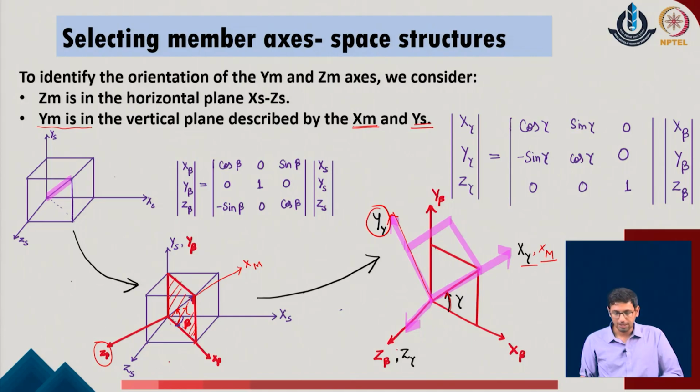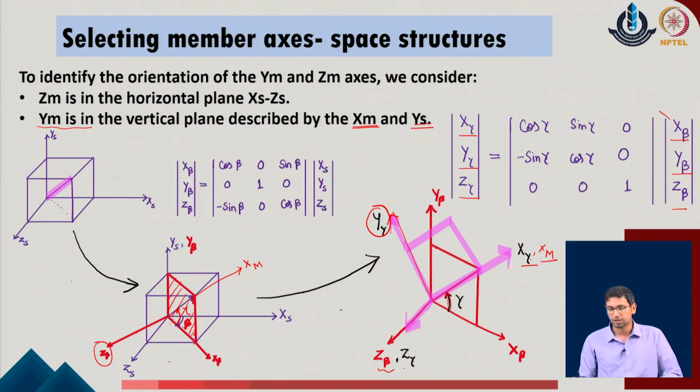What we realize is that as we are doing the rotation about the z axis, z beta axis of the given system, we can write the expression as x of gamma, y of gamma and z of gamma, which are the three new coordinates identified in the system, in terms of the three originally defined coordinates x of beta, y of beta and z of beta of the system. And this can be easily done by considering a simple transformation relationship in the x of beta and y of beta plane of the given system.